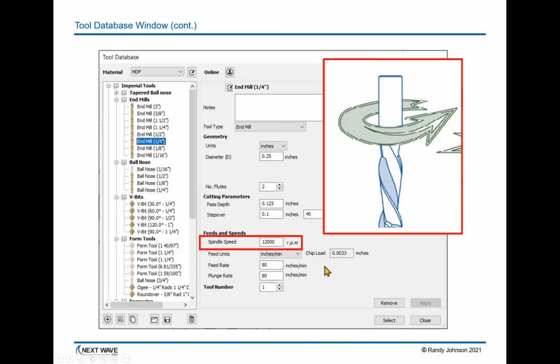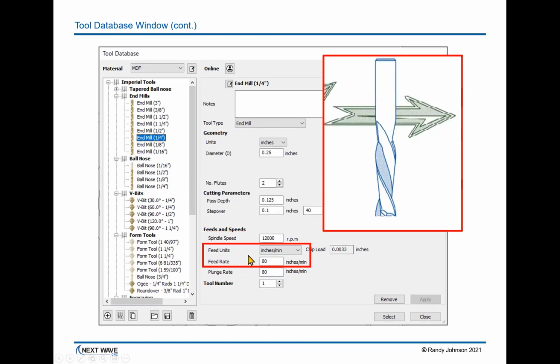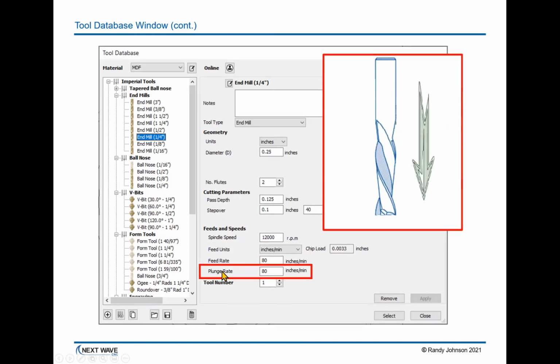But before we move on to that, your feed unit, you want to make sure that's set to inches per minute. That's typical for a Shark tool, and most other industrial tools also use inches per minute, but some do use inches per second. So just be aware of if there's a default for your tool, what you need to set that up at. Feed rate is the forward movement. You can think of it like miles per hour. It's the forward movement of that tool. And of course, plunge rate is the vertical movement. So it's how fast it's plunging it down into the wood. And there's some rules of thumb and some standards that we'll talk about that work well